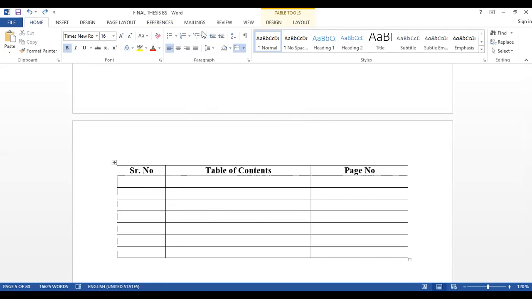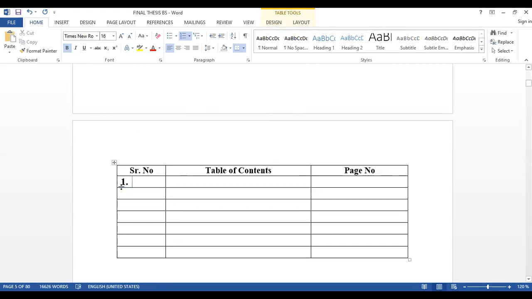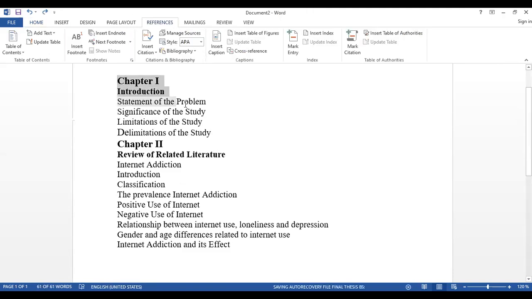I just go there and select it, and I want these in the center so it looks better in shape. After that, what should I do? I select all the headings from chapter 1 and paste them here.